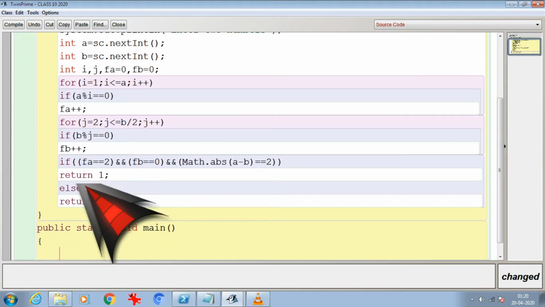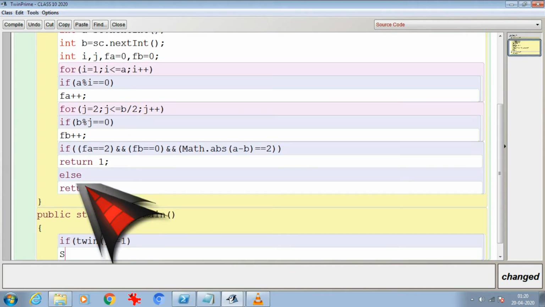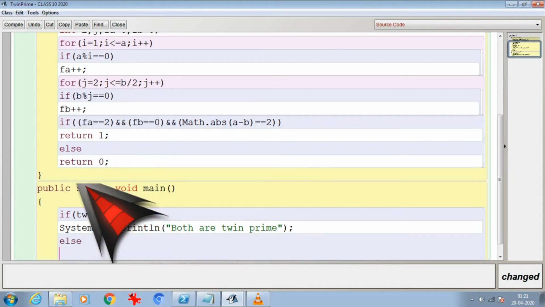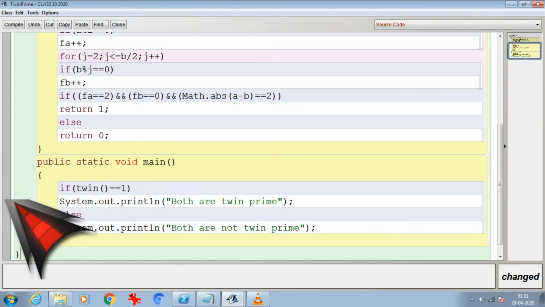To call the function I will write if twin, and I don't have an argument, so it will be just blank, equal to 1, I will write system.out.println both are twin prime, else system.out.println both are not twin prime.